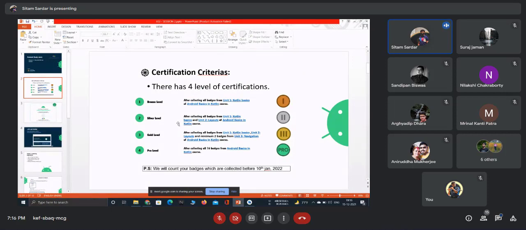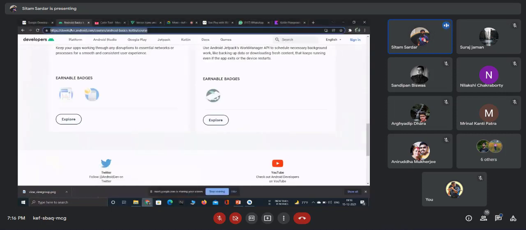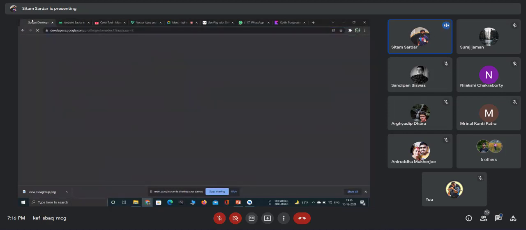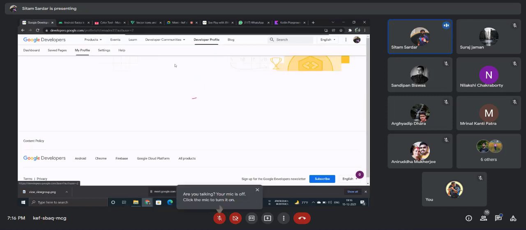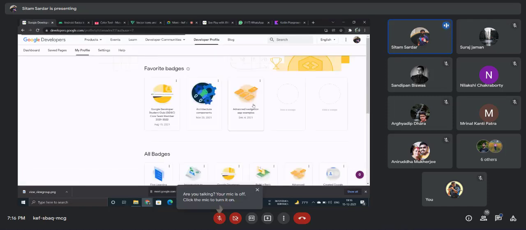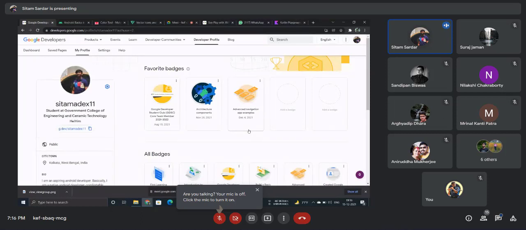And one more thing. To collect the badges, you need to create a public developer profile that will look like this. This is my account, and you have to create your own account and make sure to make it public. How can you create that?